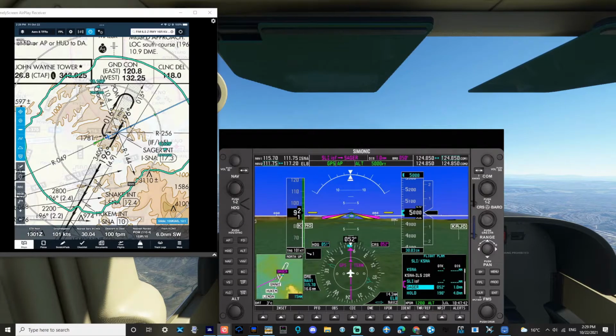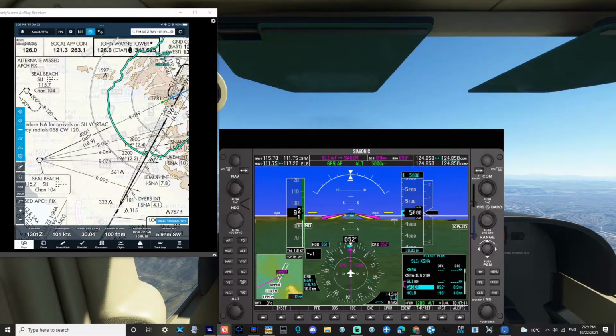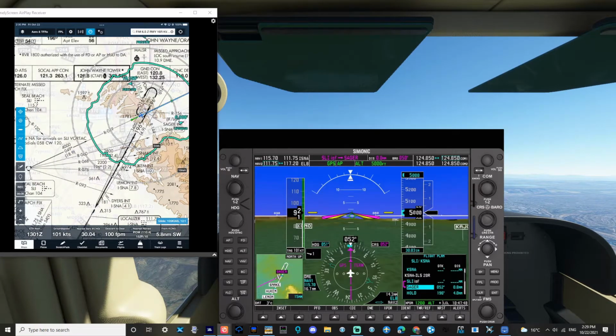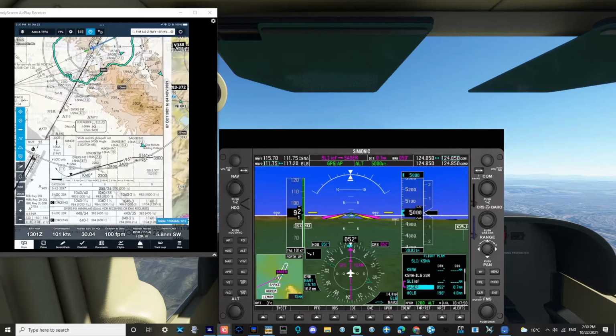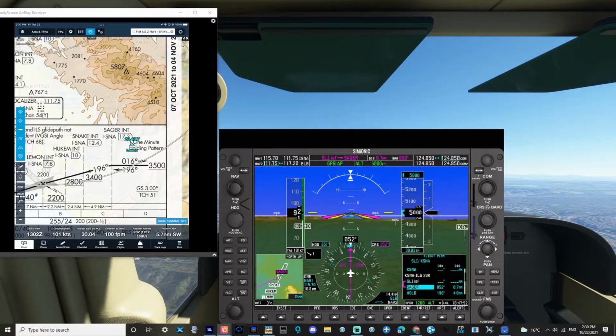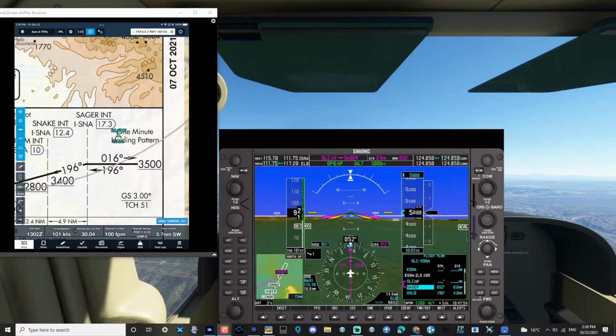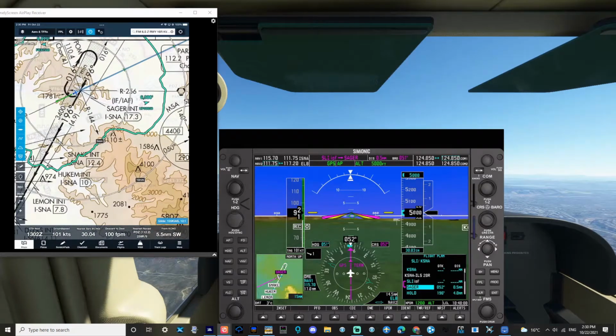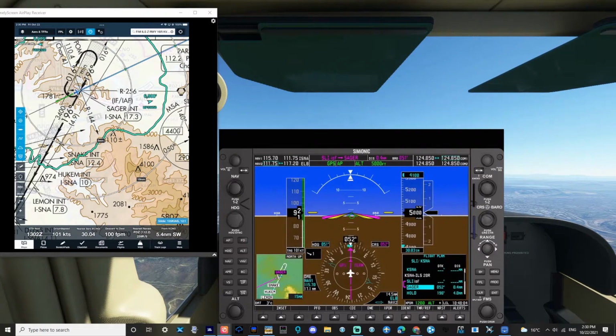It says here on the chart that I'm supposed to descend to 4,000 feet, or I can descend to 4,000 feet, okay, up to this waypoint. And as you can see here, I can be at 3,500 on the procedure turn. Now I'm about to start the procedure turn. So in that case, I can set now my target altitude on the Garmin 1000 to 3,500, as you can see,